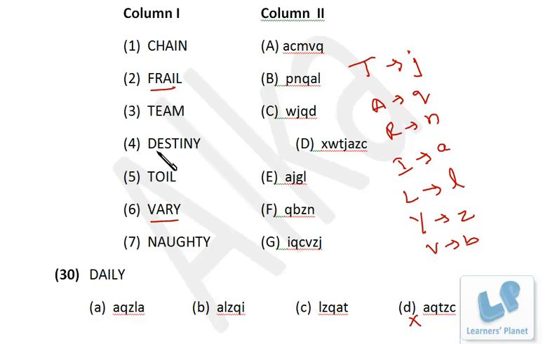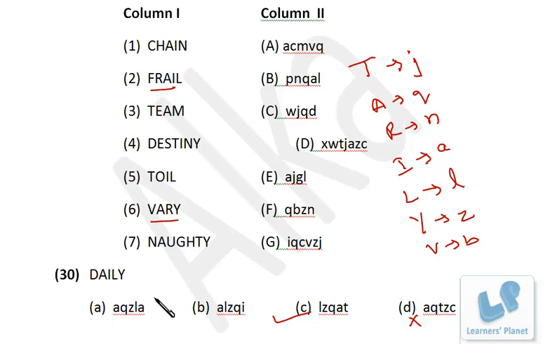Now D is only there in this word, that is DESTINY, right? And here we can see J is already assigned, A is already assigned, Z is already assigned, C is not assigned. So C is anywhere else. Yeah, C is there in this. That means C cannot be D. So we don't have X and T anywhere else among all these codes available over there. That means D must be either X or T, right? So X and T, either X or T, we just have T over here, right?